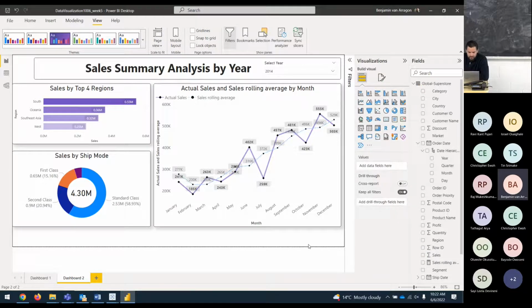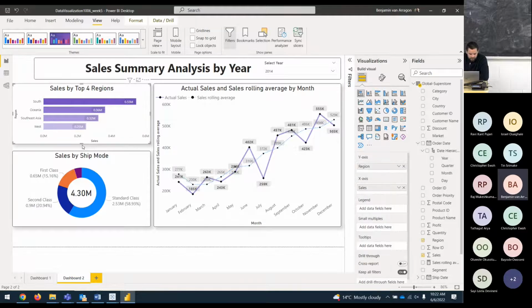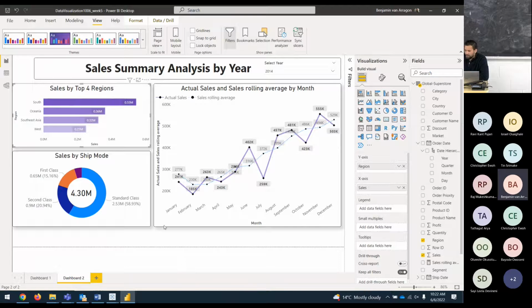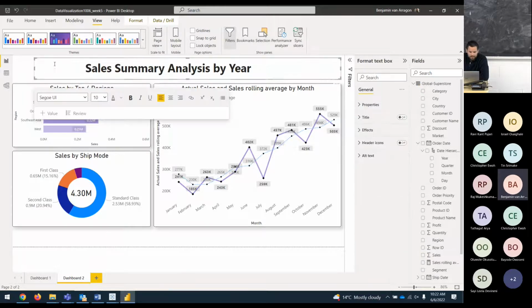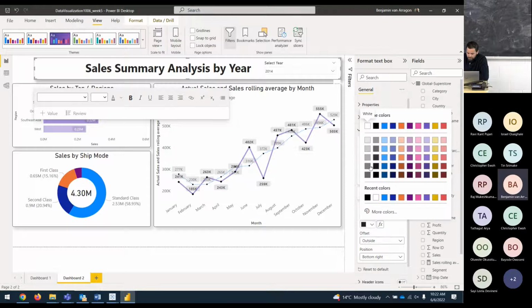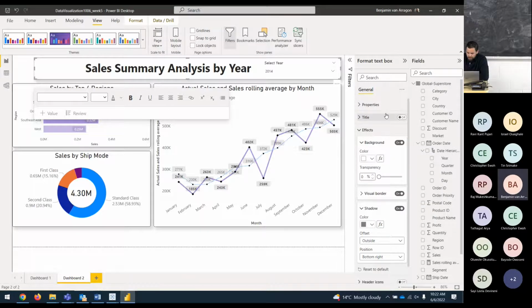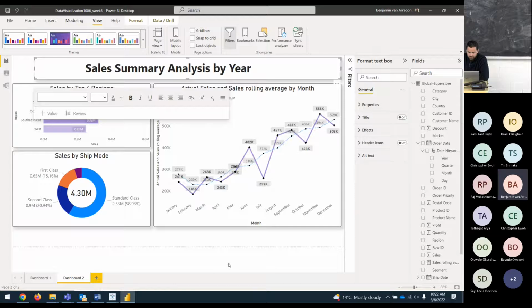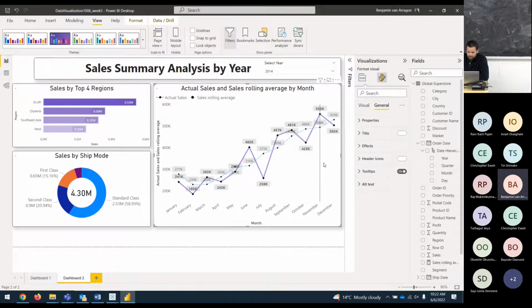All right, that's looking pretty good. We can add a bit of a shadow to this one as well. Make it a little bit lighter. All right, that's looking